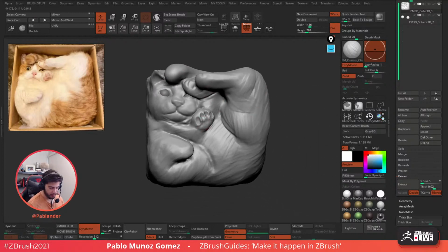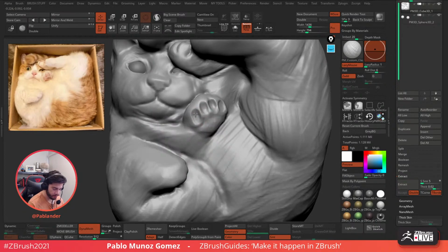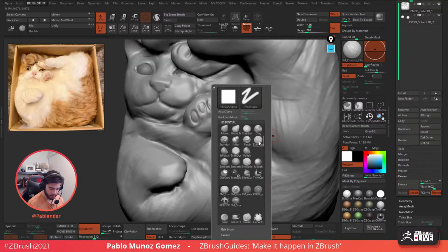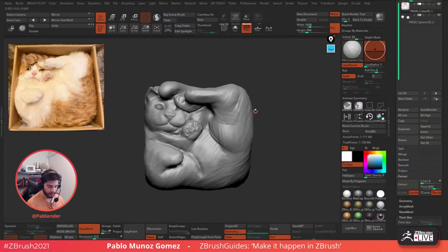I'll try to be a little bit faster here. And in fact, what I'll do is bring in this custom brush, the knife brush. This is a brush that I built for myself as it's kind of like my alternative brush to the Dam Standard brush. It's just a lot stronger and gives a bit more control based on the pressure in terms of the depth that it produces, and it's part of the clay buildup